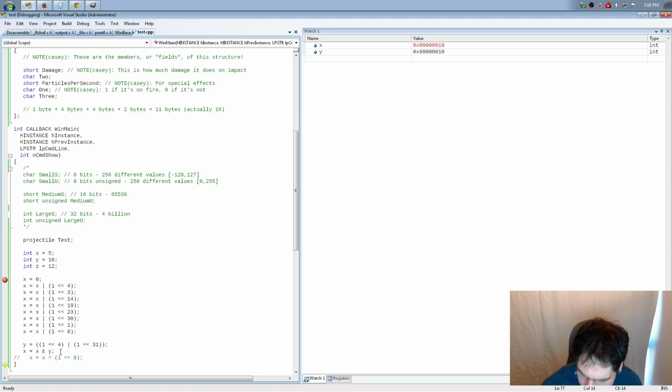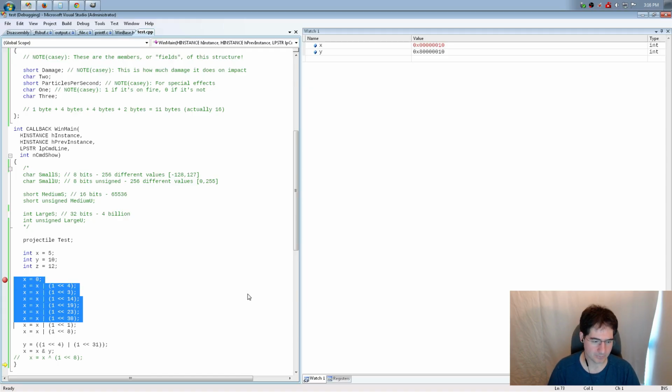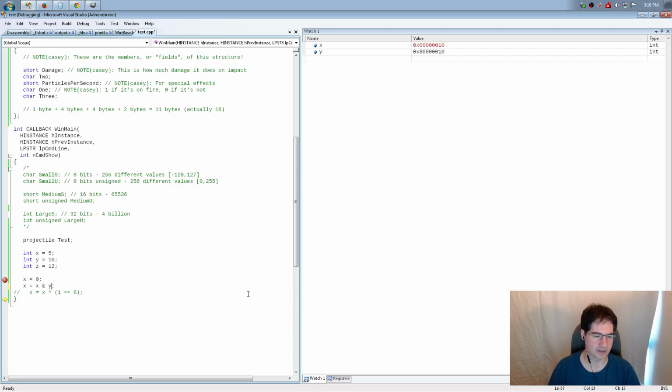OR and AND are the very most frequently used bitwise operators in C, at least when I'm programming. Those are the ones I use most often. But there is another bitwise operator. Well, there's 2 more actually. We'll show you what they are. So one more bitwise operator that's fairly easy to understand is the not operator, basically. Bitwise not. It's a little tilde.